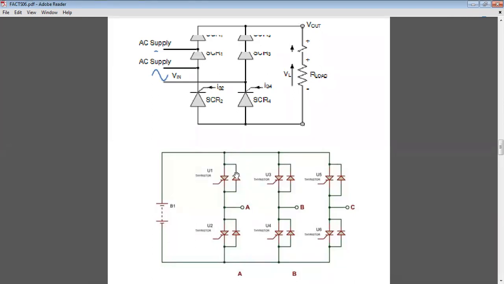How the switching pulse is given, how to get the output voltage, inverting mode or rectifying mode, and other parameters, and the different characteristics of these devices. You can see that a diode is connected anti-parallel to this thyristor, to provide the reverse blocking capacity. So like that, many things you will come across in the inverters and converters chapter, that is current source converter and voltage source converter. In that we'll discuss detailed analysis.